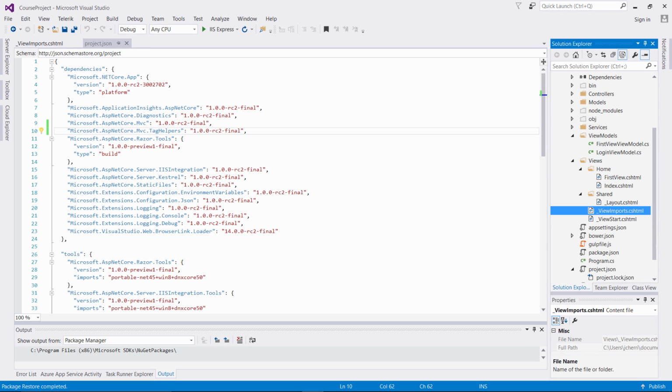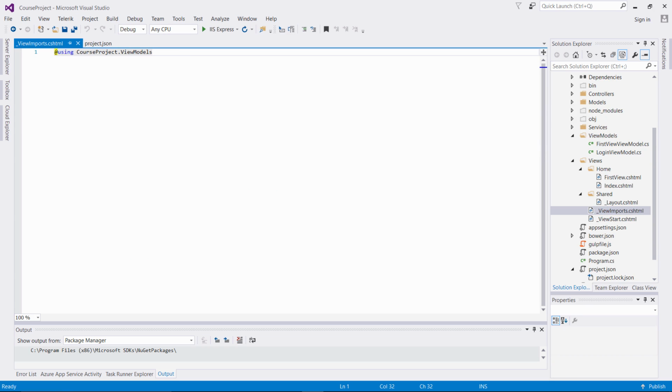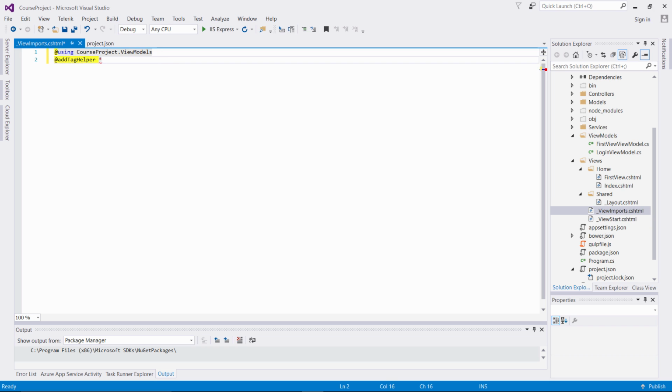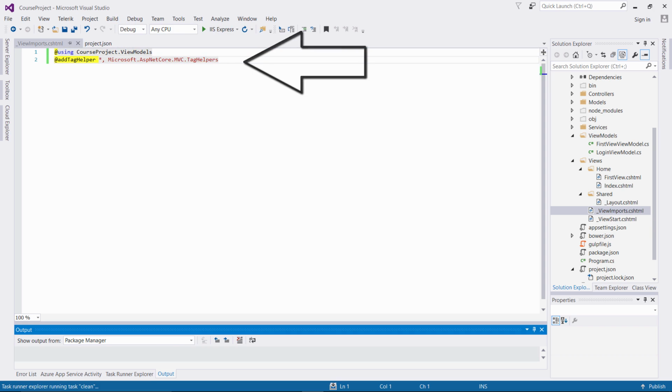file. So let's go over here, and in the view imports, we are going to add the tag helpers across all of our project. So let's go over here and let's put add tag helper. And once we click Add Tag Helper, let's put this for all the tag helpers. Inside of that, let's put Microsoft.ASP.NET Core.MVC.Tag Helper. And once we do that, now we've incorporated in our view imports this statement to add the tag helpers across all of our views. So now we'll be able to utilize all the different tag helpers across all of our